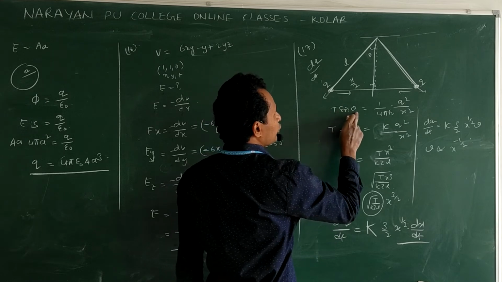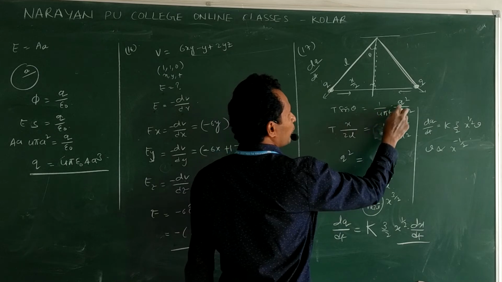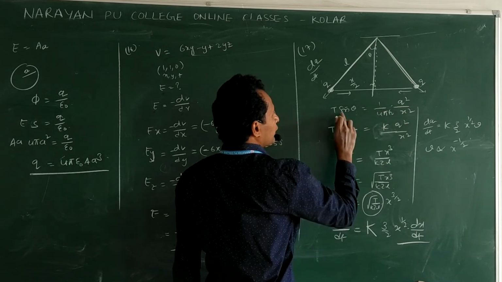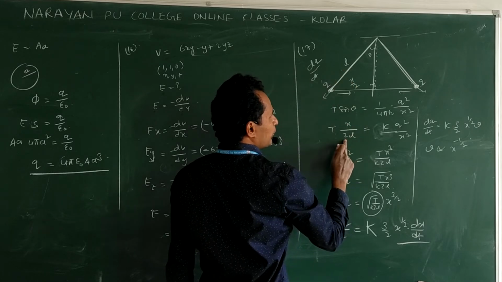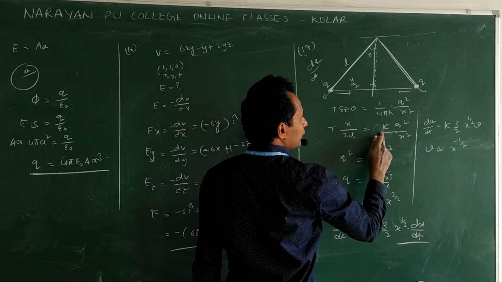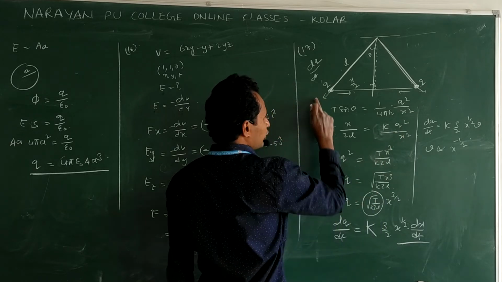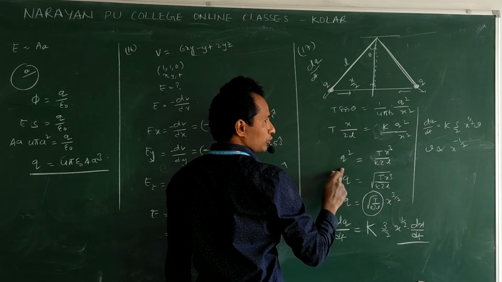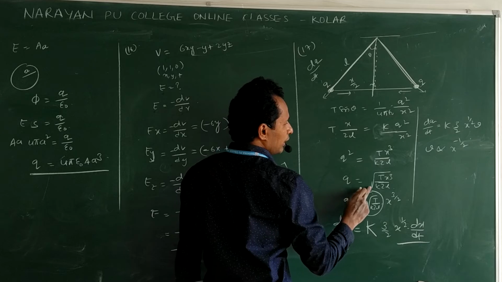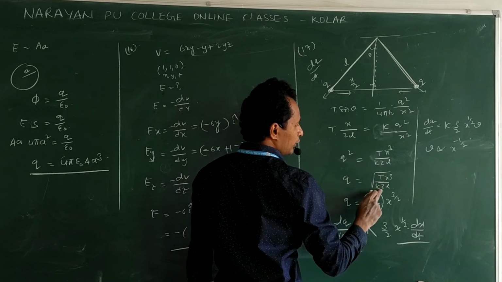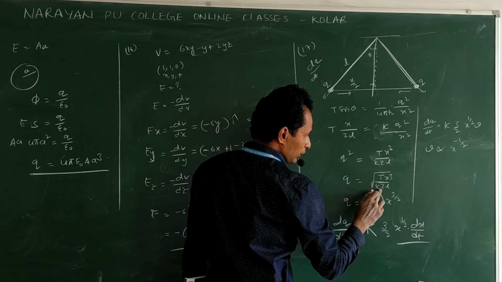Then T sin theta is balanced by the electrostatic repulsive force. T sin theta is equal to 1 by 4 pi epsilon q square by x square. Sin theta is opposite side by hypotenuse, so x by 2l. This term I take as constant. Charge is discharging, so I make q the subject, and we get q equals root of T x cube by k into 2l. This whole term, k T by 2l, is constant.